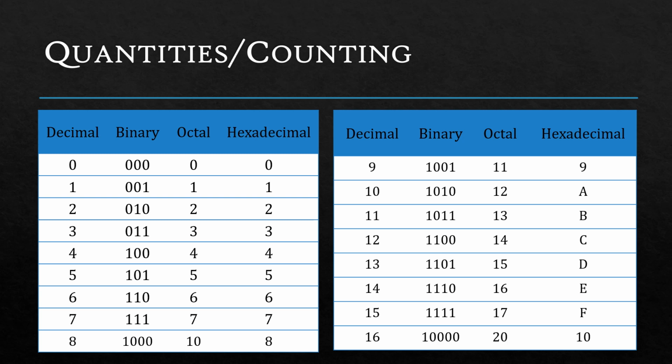Now moving to the octal system. As you know, octal consists of 8 distinct symbols, 0 to 7, and the next number in the sequence is 10. So again we are starting from 0 to 7, and we are putting 1 to the leftmost side. So after 0 to 7, we'll be having 10, 11 up to 17.